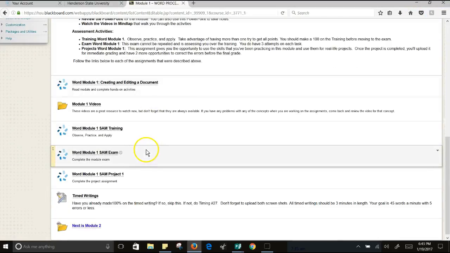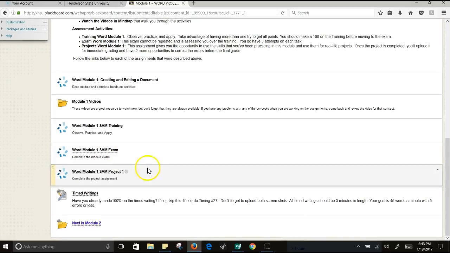And then the next thing is your exam, which is over what you learned in the training. And in this one, you get to try each task 3 times, but you only submit it 1 time. So you can try each task over, but it's only submitted 1 time. And then the third thing you'll do here is the project. This is one where you will do a document that they give you the instructions for. So if I clicked in here,